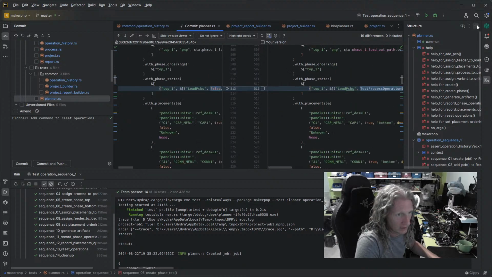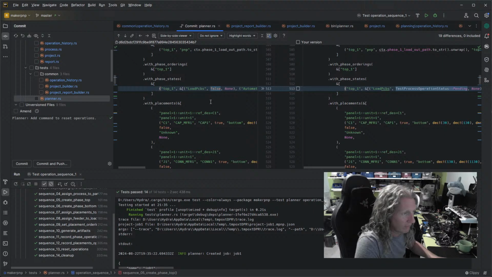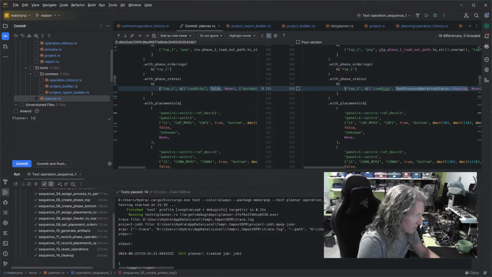What do we do? Let me just move that out of the way. So we update all the pending states. So introduce default state of pending,